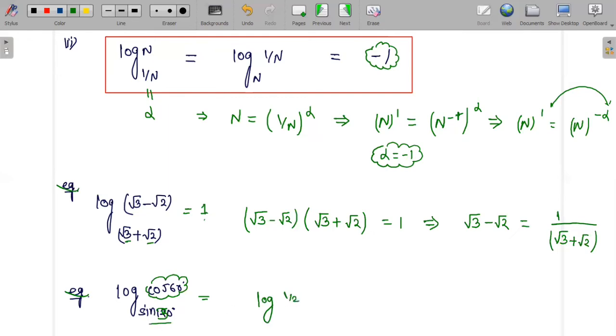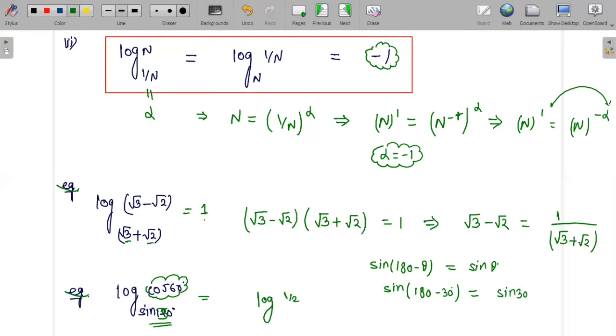But what about sine 150 degree? If you are good in reduction formula in trigonometric ratio, then you know sine 180 minus theta will give you the same value as your sine theta for every possible value of theta. Here I'll be substituting the value of theta equals 30. So for 30 degree, sine 180 minus 30 will have the same value as your sine 30.